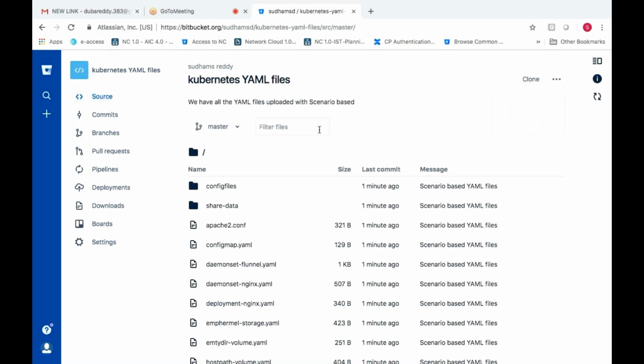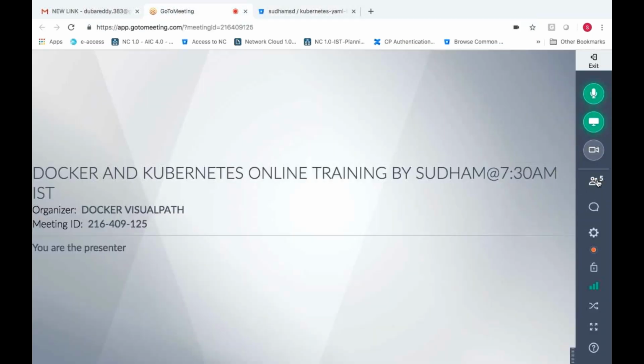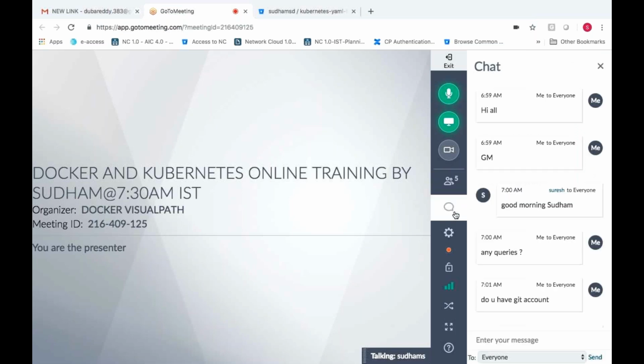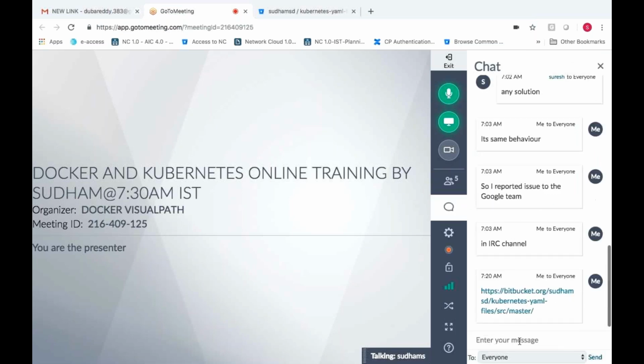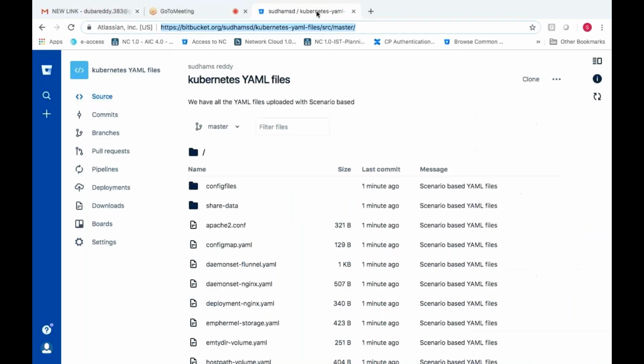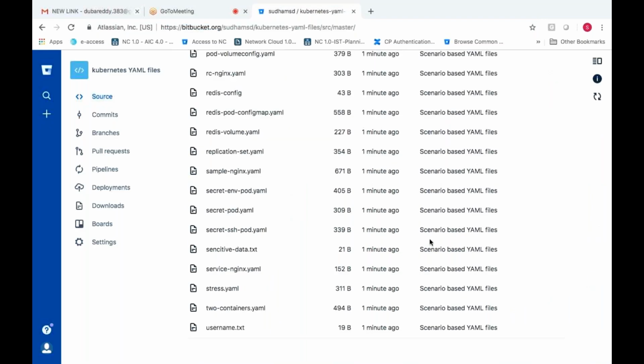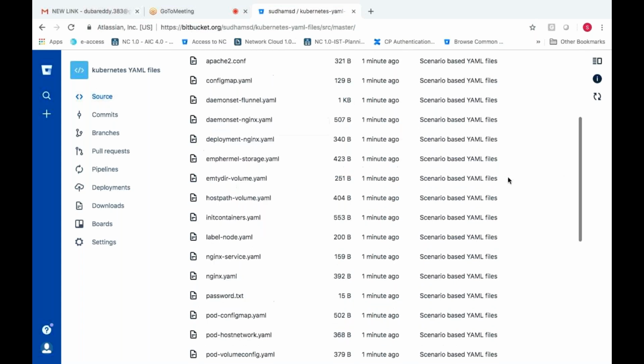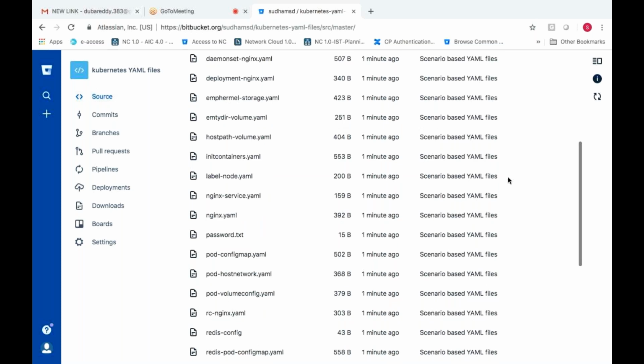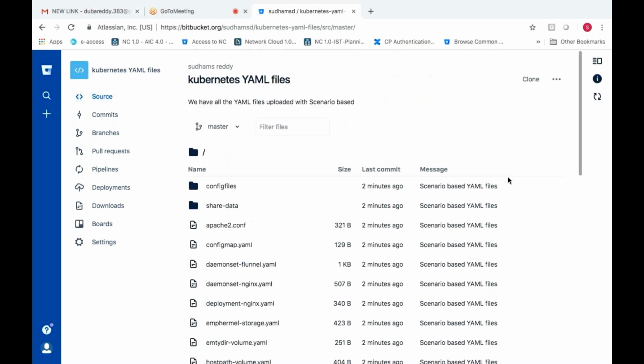Let me show you. Here we can see downloads, and from there you can download the actual data. I will give you this link. You can access this link and tell me whether you are able to see the details or not, so that I can change the permissions. Are you able to see the data? Just click on download and see whether you are able to download or not.